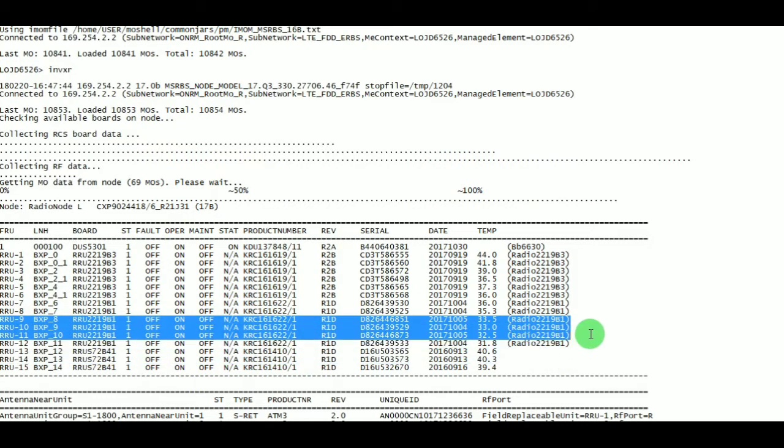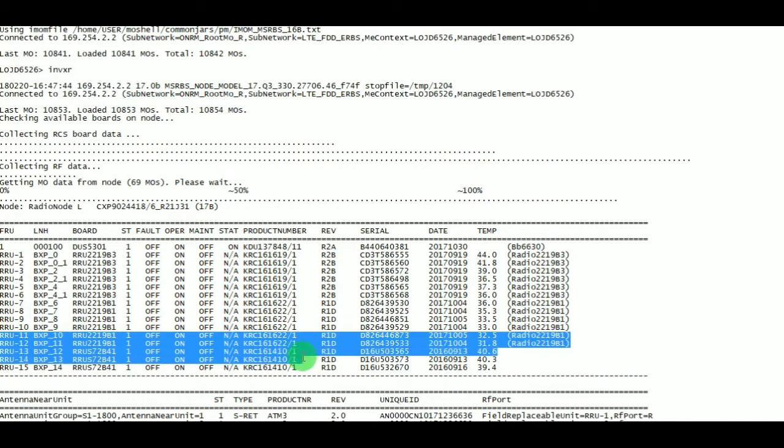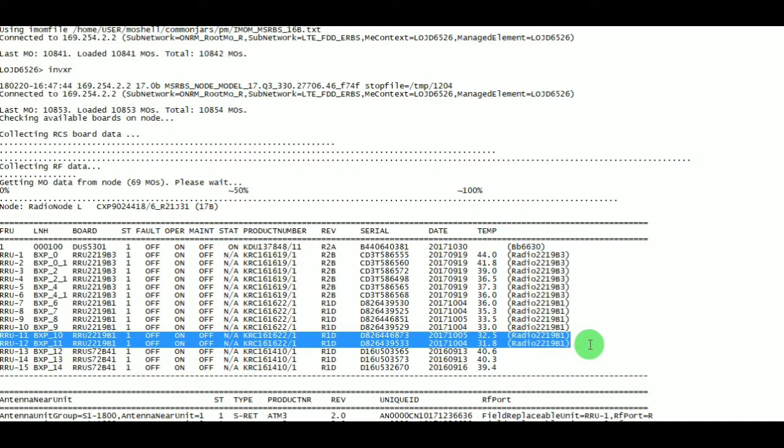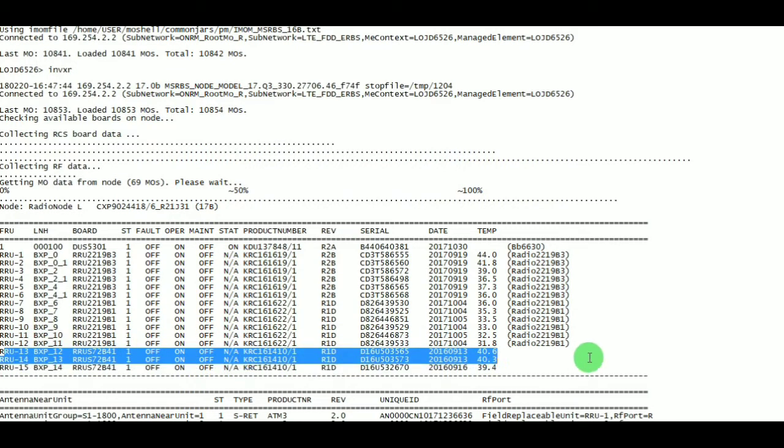RRU 9 and 10 are providing support to sector 2 FDD 2100, and RRU 11 and 12 are providing support to sector 3 FDD 2100, whereas RRU 13 is different, that is it provides support to TDD, time division duplex.